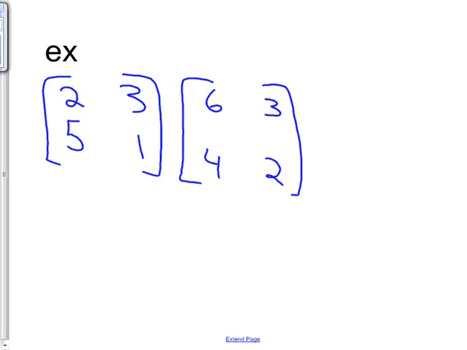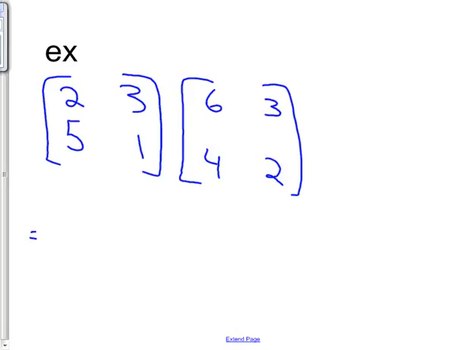We have two matrices like that. First thing we do is check and see if they're multiplication compatible. Are these multiplications compatible? Yes, we have a 2 by 2 and a 2 by 2. 2 columns there, 2 rows there. So we can do that. So now when we multiply them,